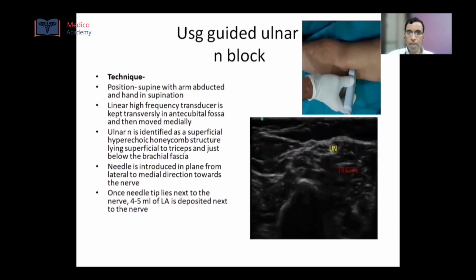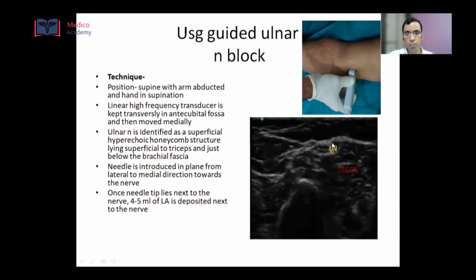For giving ultrasound guided ulnar nerve block, the patient is again placed supine with arm abducted and hand in supination. A linear high frequency transducer is first kept in the antecubital fossa and then gradually moved medially. The ulnar nerve is identified as a superficial hyperechoic honeycomb structure which is lying superficial to the triceps muscle and just